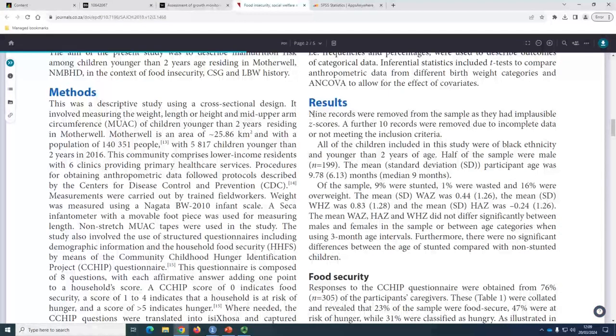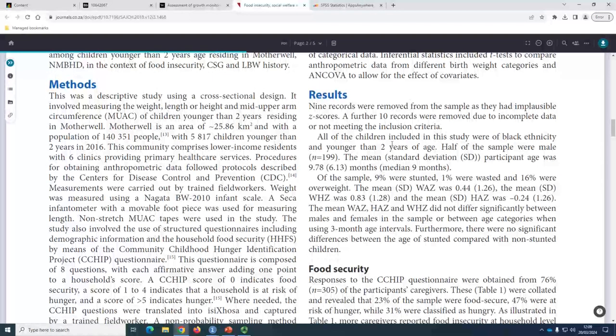Again, 9 records removed, and a further 10 removed for incomplete data. So you generally would start your results by saying how you ended up with the final amount. The next thing to do is start giving your descriptive results. And you can see in this article anyway,